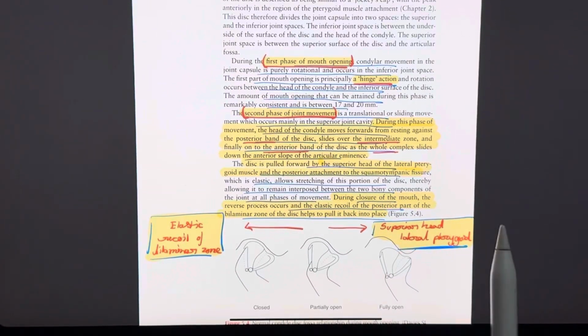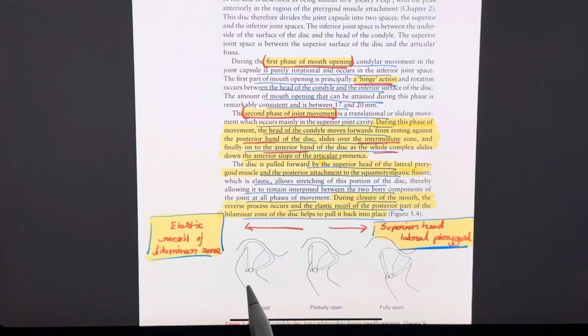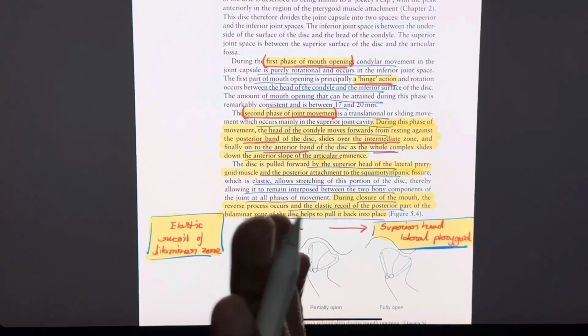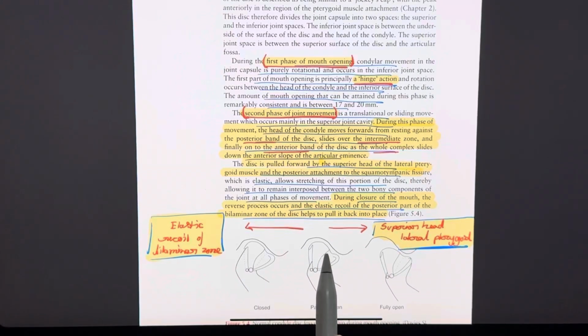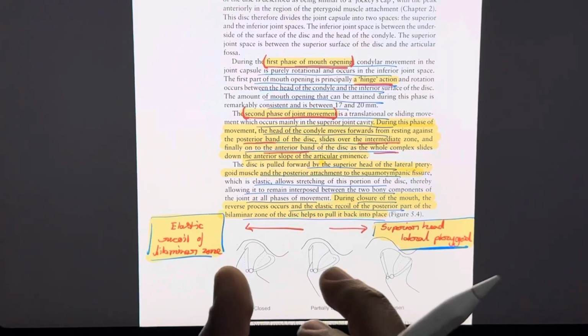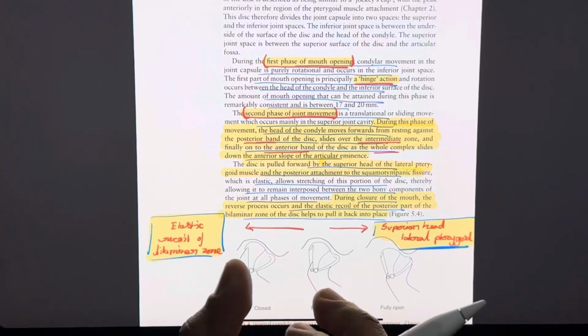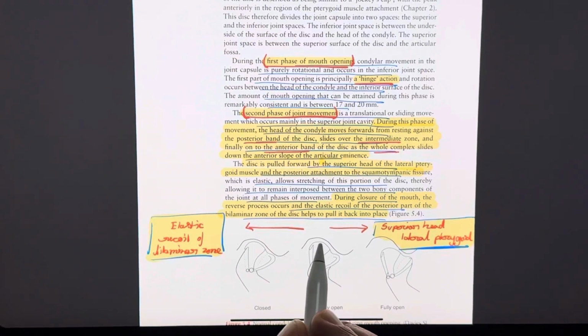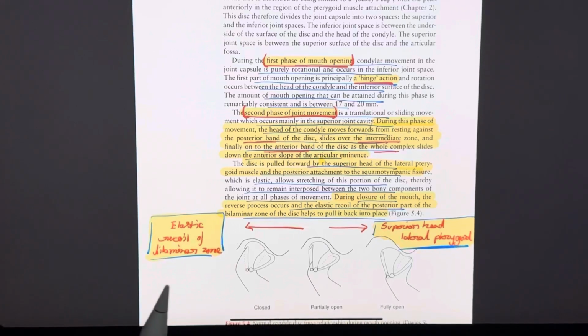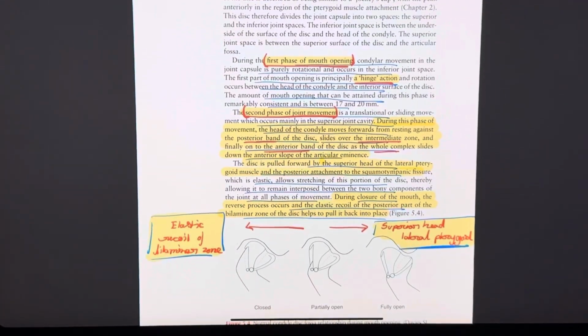Now, in this movement, the condyle moves through the zones of the articular disc. It moves from the posterior band to the intermediate zone, and finally it comes to rest at the anterior band of the articular disc. Now, during this process, this whole complex is moving down the anterior slope of the articular eminence. So, when this is happening, there are basically two forces which are acting on the articular